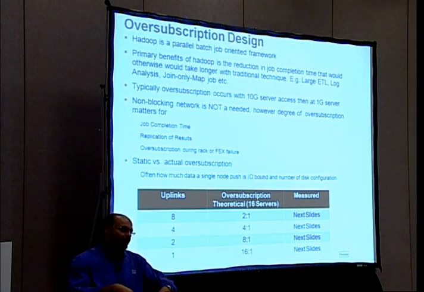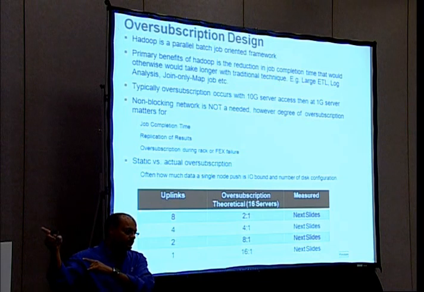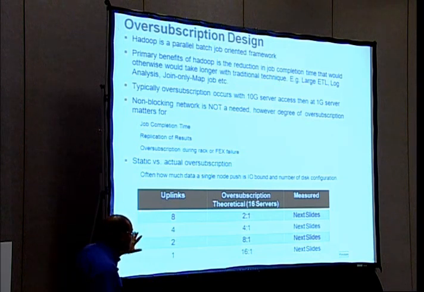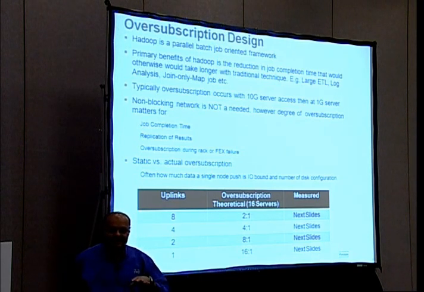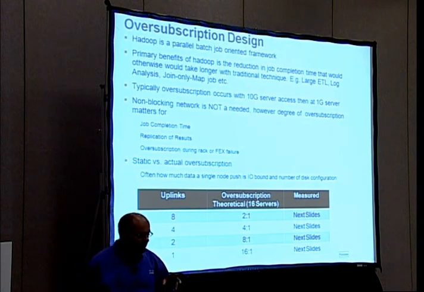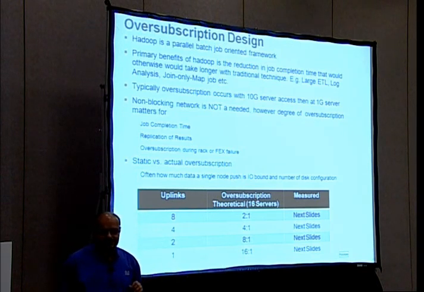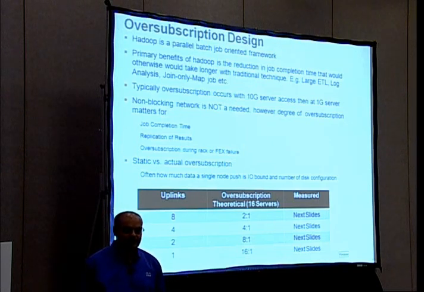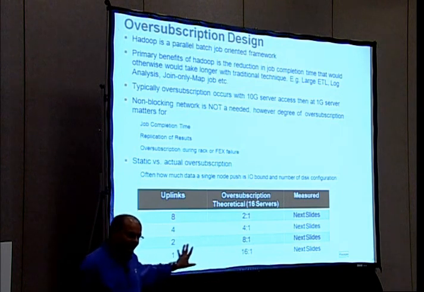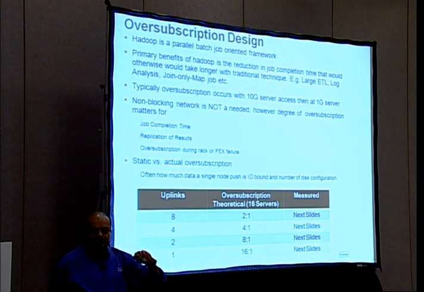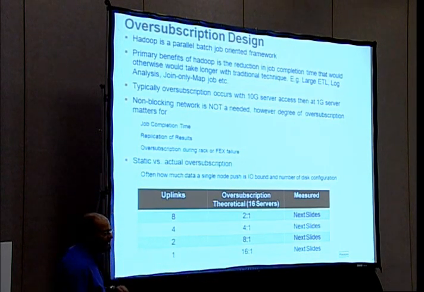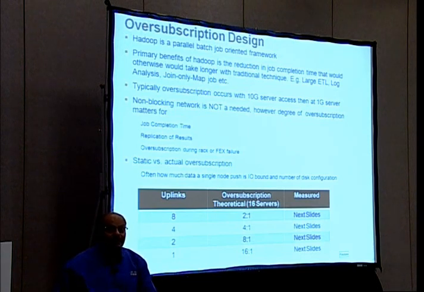So theoretical throughput oversubscription could be 16 to 1, 8 to 1, 4 to 1, depending on how many 10 gig attached servers you are connecting to the top of the rack switch, and how many uplinks from that switch you are connecting to the central switch or anywhere else, right? Point is, this entire oversubscription concept is driven by how your I/O is configured, right? How dense your I/O node is. It's always limited by your I/O.